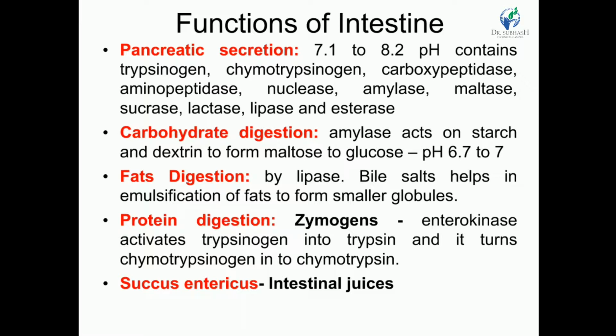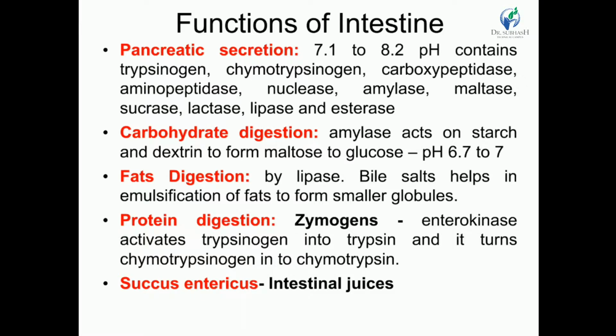Next is succus entericus. While considering pancreatic secretion, the pH ranges from 7.1 to 8.2. Previously, the chyme present inside the stomach was around 1.5 to 2.5. Now it has turned to 7.1 to 8.2. That is because of the bile juices entering through the opening of the duodenum. This is the secretion from the exocrine part, because the pancreas releases its